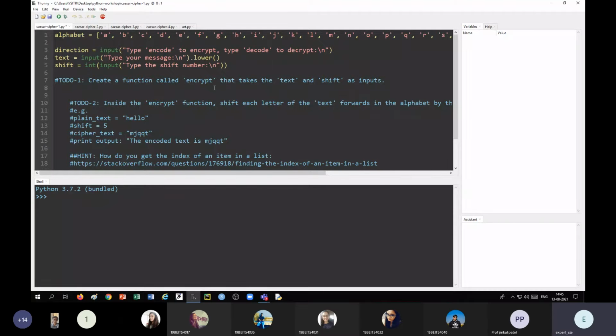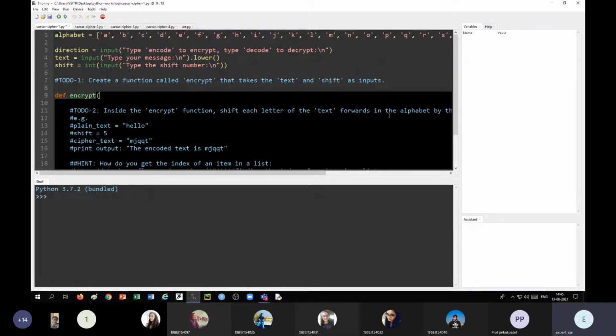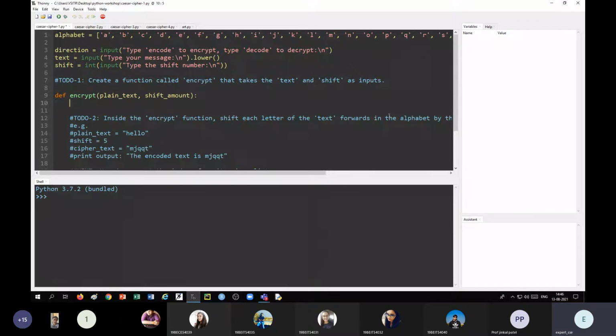So I can create a function, say def encrypt. I have to take 2 parameters, that is text and shift. I can use the same words here, text and shift, but just to differentiate them from the arguments, let me take plain_text, comma, shift_amount.